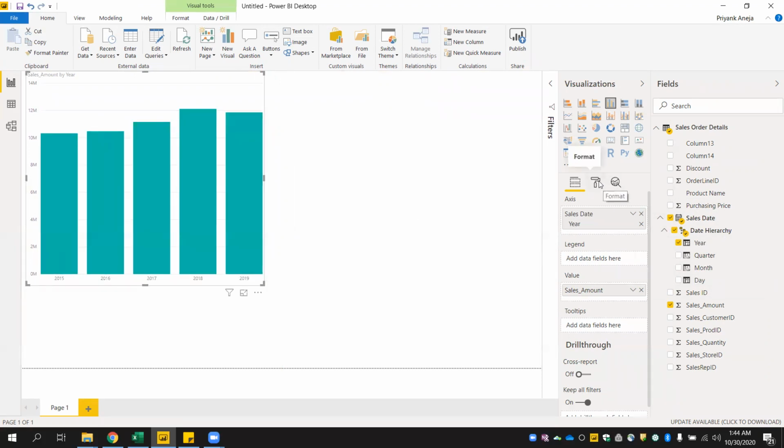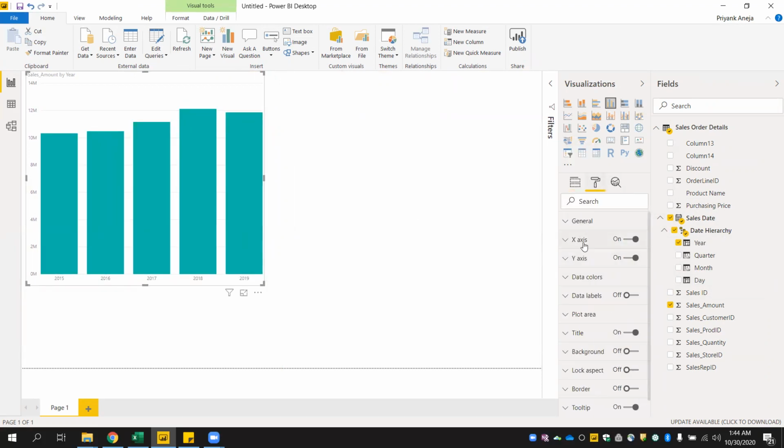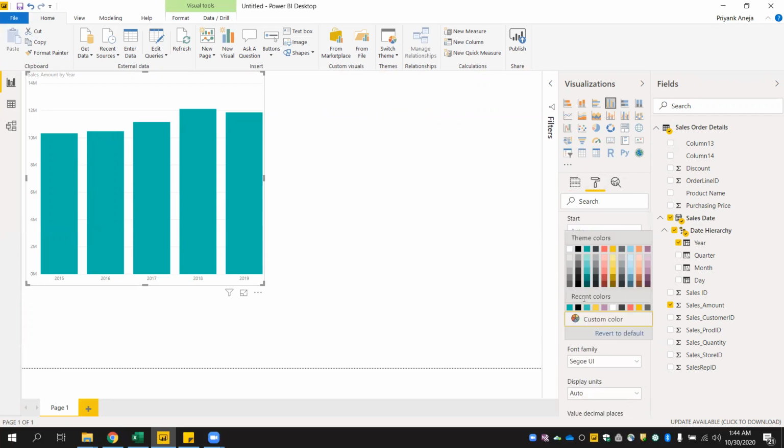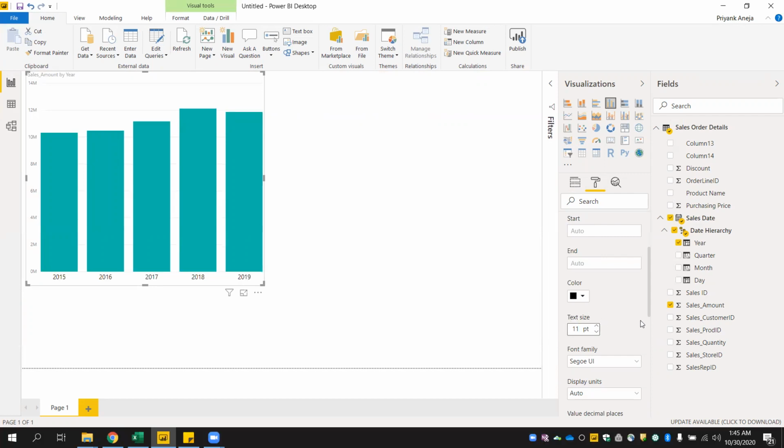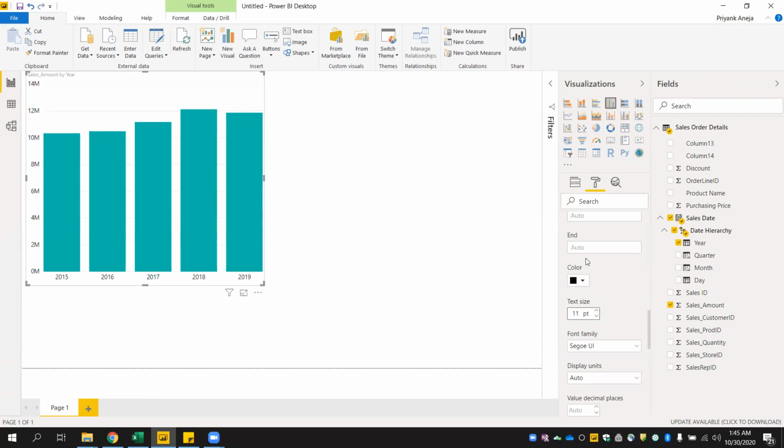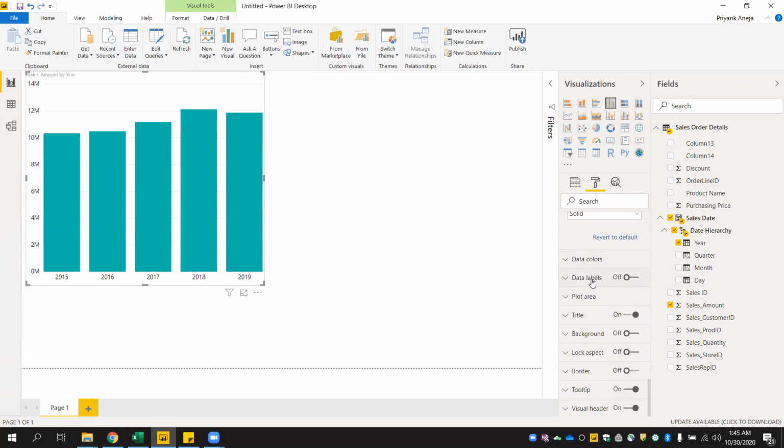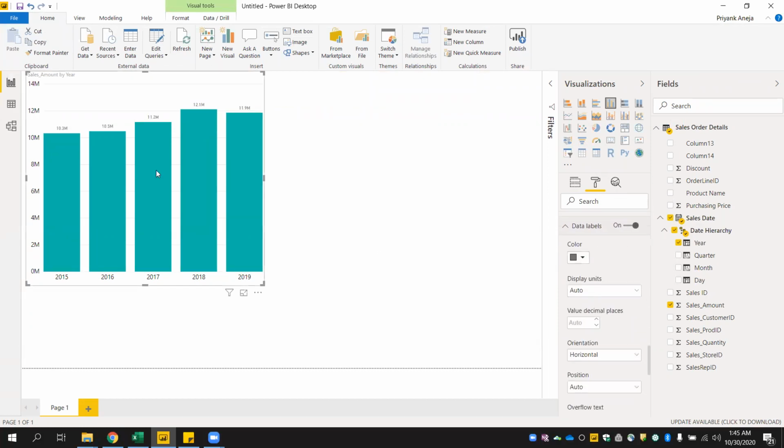So let's do some formatting to make it look better. Let's change the x-axis and make it a little more readable. Let's increase the size. Let's do the same for my y-axis. The data labels are not coming, so it is disabled. It is currently off. Let's keep it on. And now the data labels are also coming.